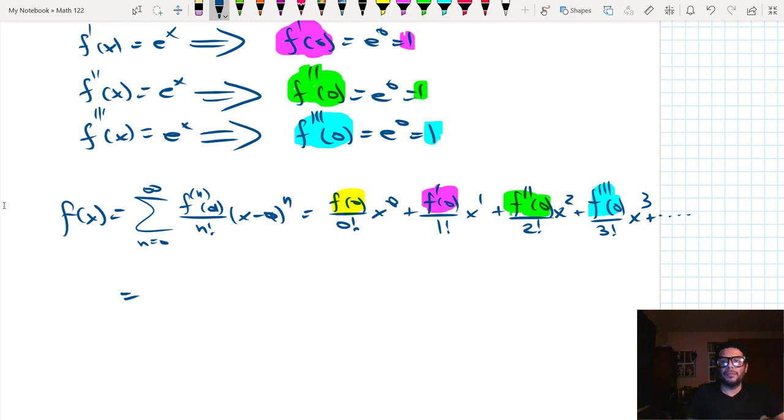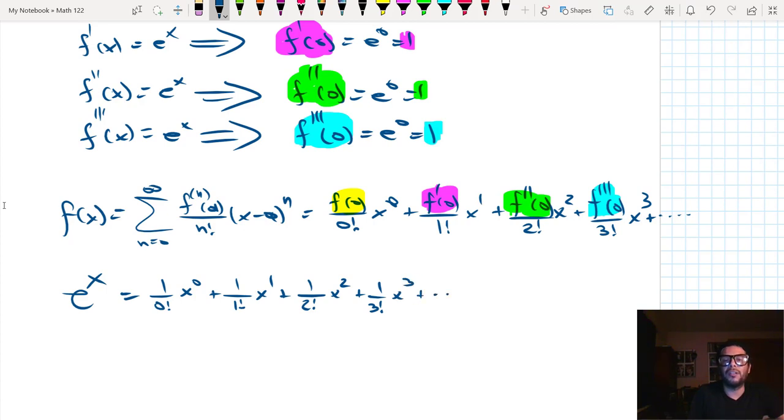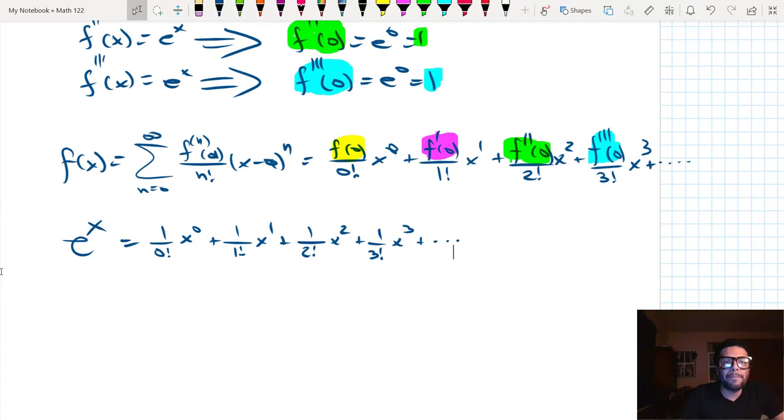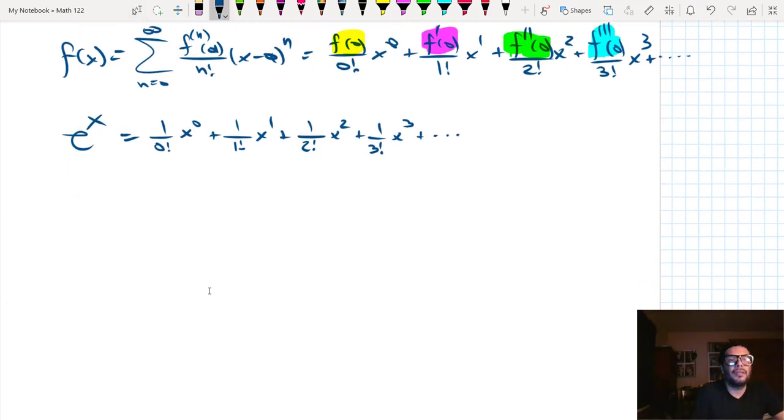So now, what do we do? Okay, so this is 1 over 0 factorial. e to the x is 1 over 0 factorial x to the 0 plus 1 over 1 factorial x to the first plus 1 over 2 factorial x to the second plus 1 over 3 factorial x to the third power plus dot dot dot. Do you see the pattern here? e to the x equals